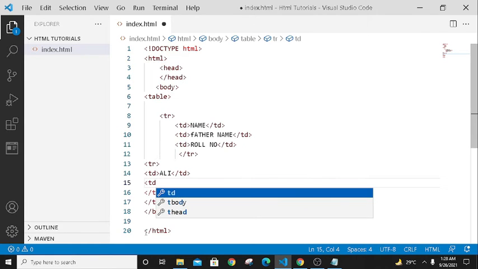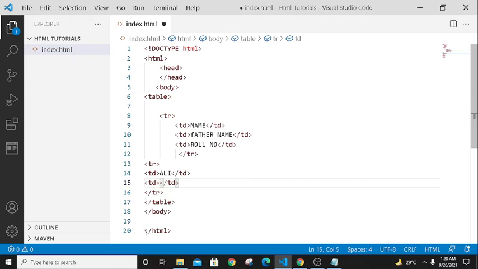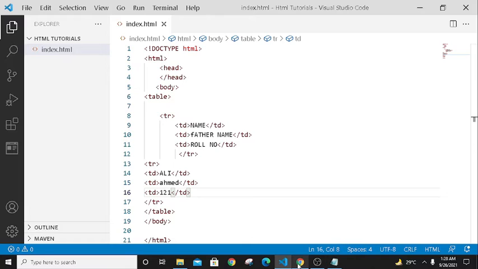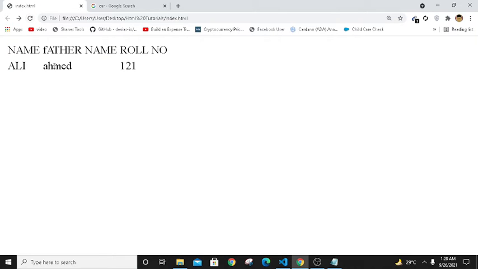Another table data, father name would be Ahmed, and roll number would be 121. Now Control S, let's check out the result. So that's the result: name is Ali, father name is Ahmed, and roll number is 121.